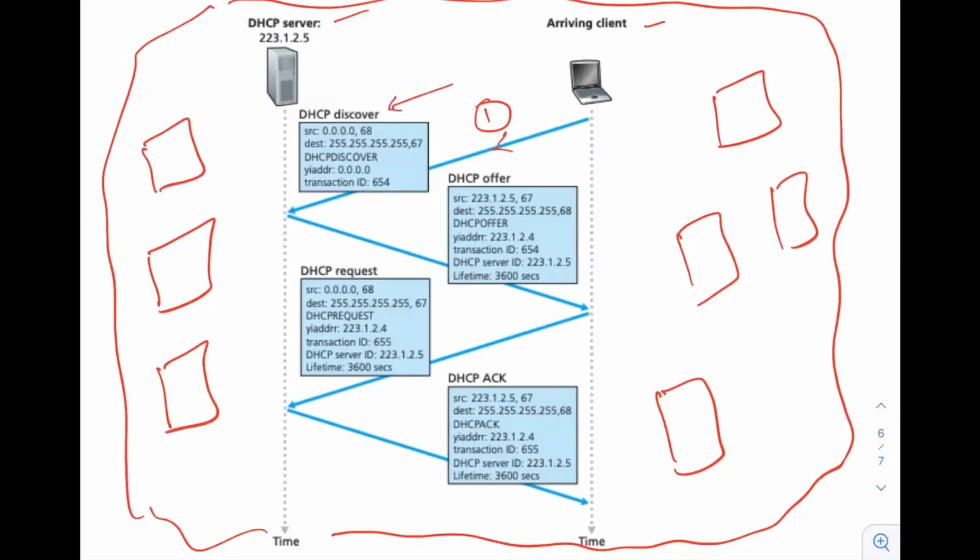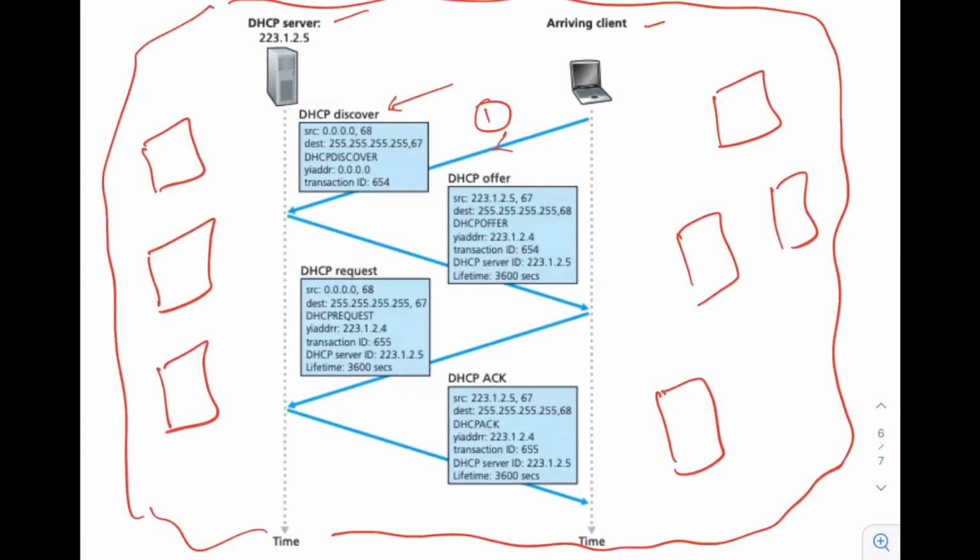Now, if you see the source IP address, that's 0.0.0.0, because the client does not have an IP address till now. That's why the source IP address is a special IP address, 0.0.0.0. And the port number, of course, is 68, as I told. The client will be using the port number 68 for communication.